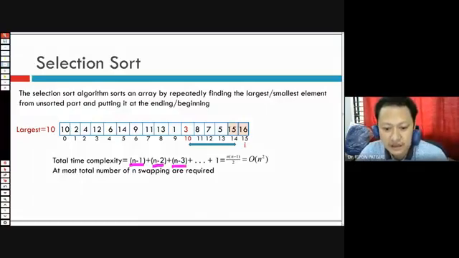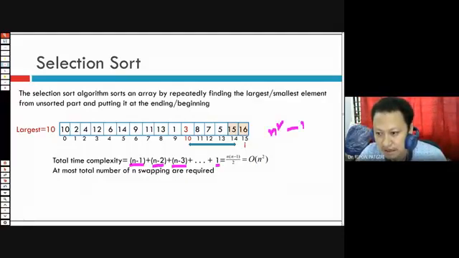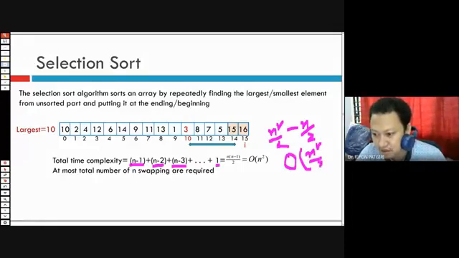To place the third largest element in the third last place, it takes n minus 3, and so on, up to 1. If you add it, what will it be? n into n minus 1 divided by 2, which is n square minus n divided by 2. So if you represent it, it is big O of n square divided by 2.